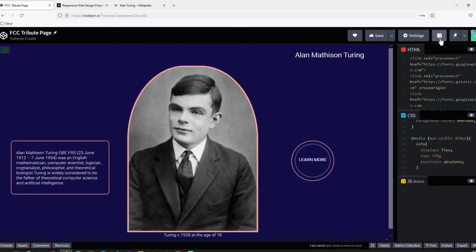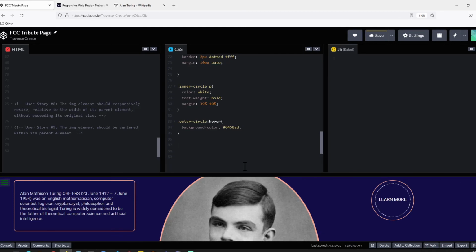Yes, it is responsive. You need to add a responsive tag by adding a media query. You can do min width or max width. I'm going to do a max width of 470 pixels,